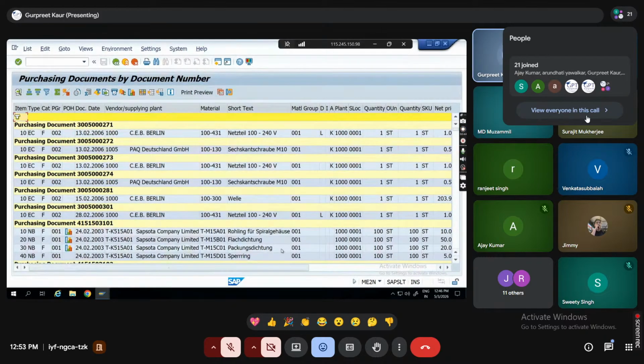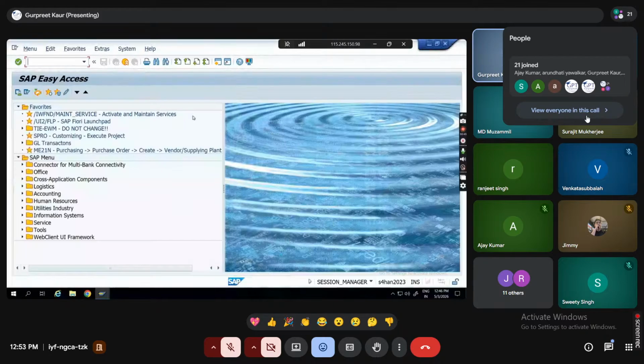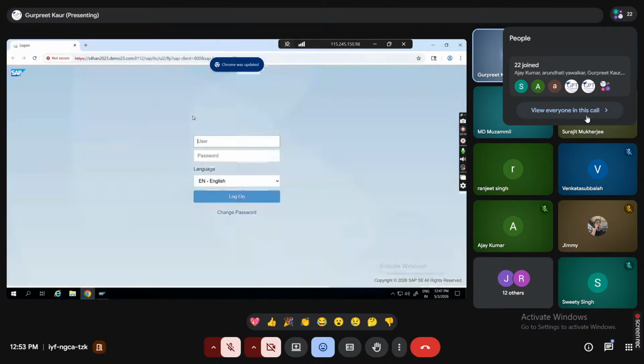Now, SAP has understood the pain and they came up with the user experience, which is the Fiori apps. Now, these Fiori apps you can access through the web. So let me just log in. This is a web page.